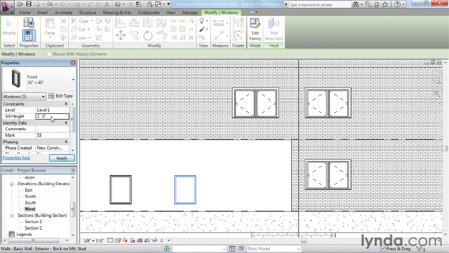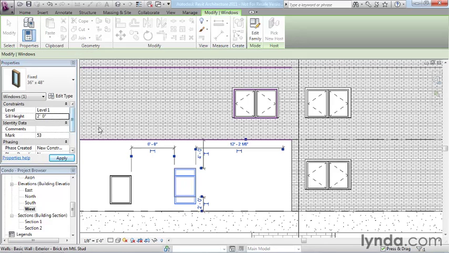It's considered, in programmer speak and computer jargon, a modeless dialog box. Now what that means is that it's active and it's on screen all the time. Simply shifting focus, another kind of computer jargon, away from the Properties palette back to the drawing window actually applies the change. Okay, so you notice how at that moment, that's when the window shifted up to its new sill